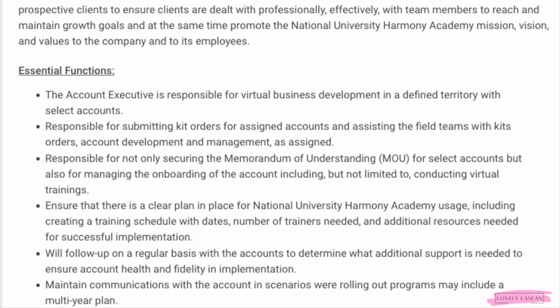You're going to be responsible for submitting kit orders for assigned accounts and assisting the field teams with kit orders, account development, and management. You're going to be responsible for not only securing the memorandum of understanding for select accounts, but also for managing the onboarding of the account, including but not limited to conducting virtual trainings. You're going to ensure that there is a clear plan in place for National University Harmony Academy usage, including creating